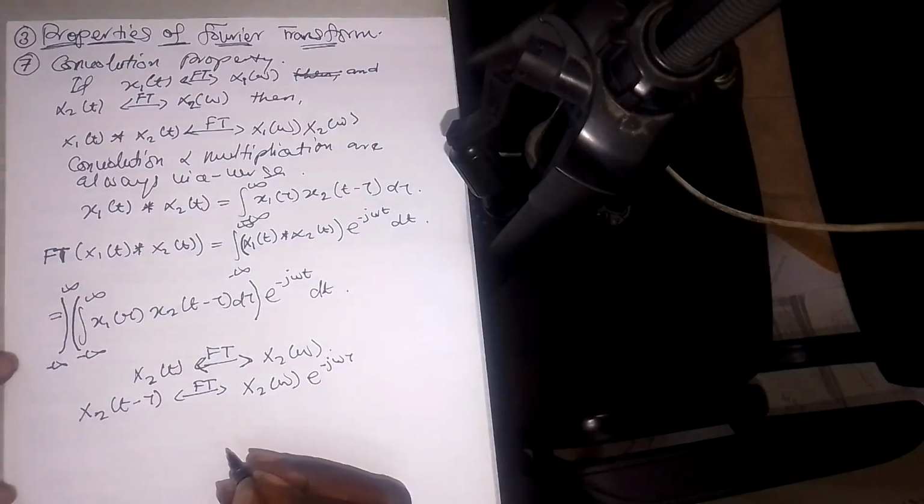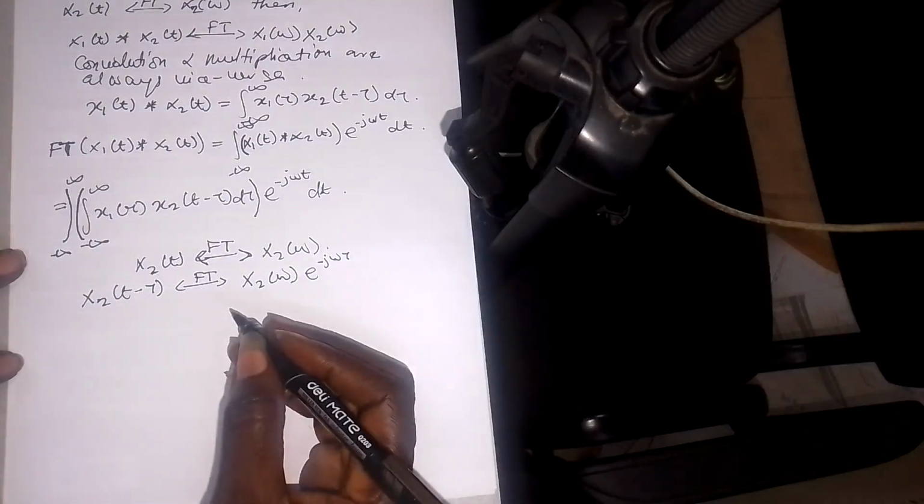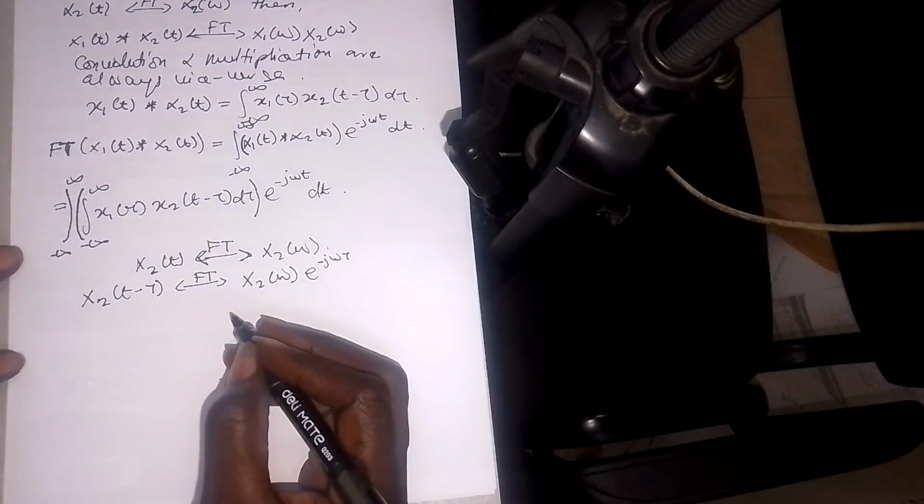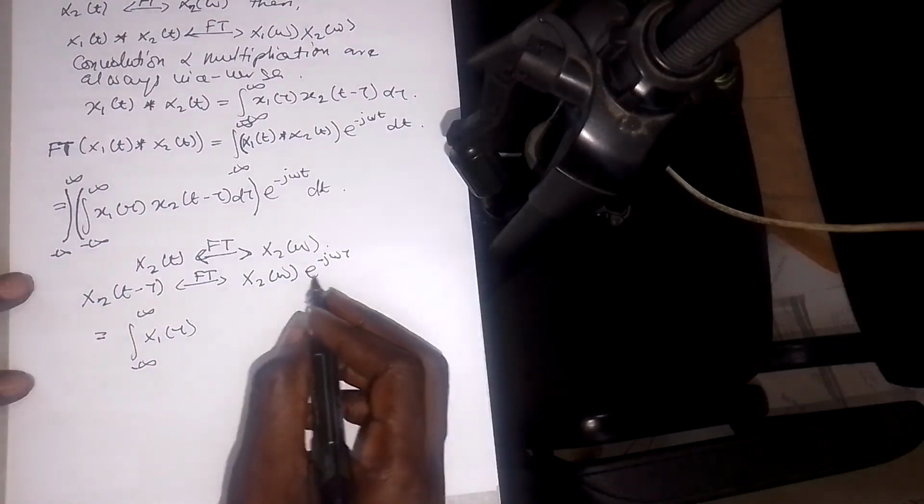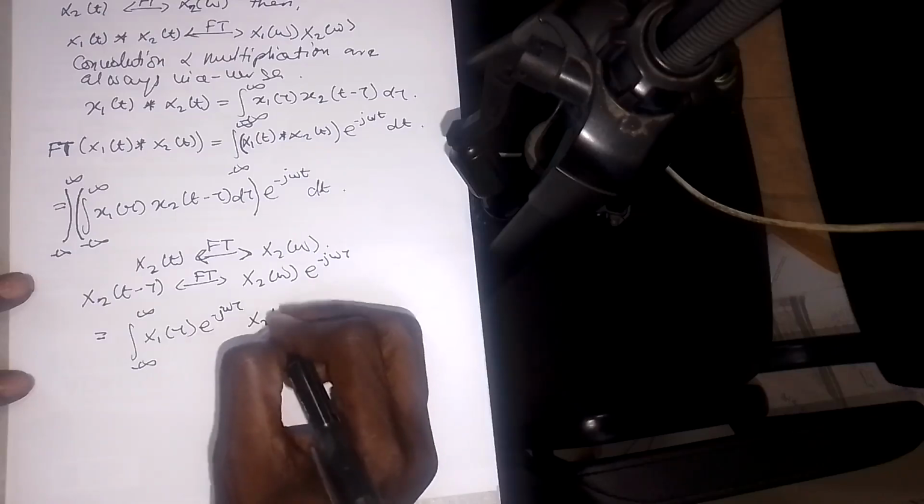Now, if I make use of this equation which I have here, I'm going to have the integral from minus infinity to infinity of x1 of tau, into this one, e to the minus j omega tau, x2 of